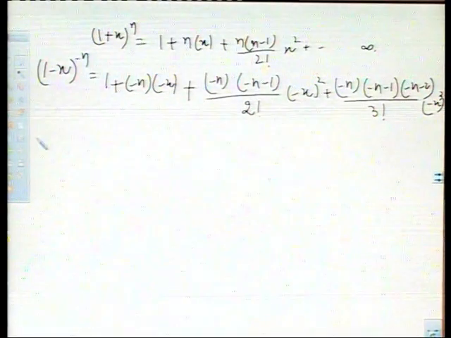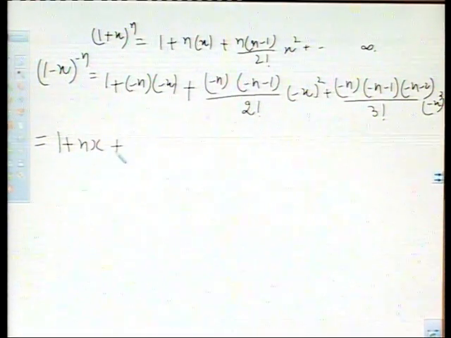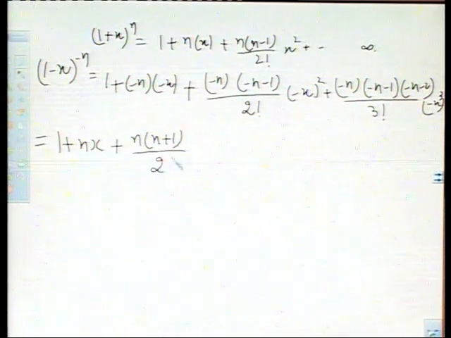Now simplify: 1 plus nx plus, this will be minus minus plus, n(n plus 1) upon 2 factorial x square plus